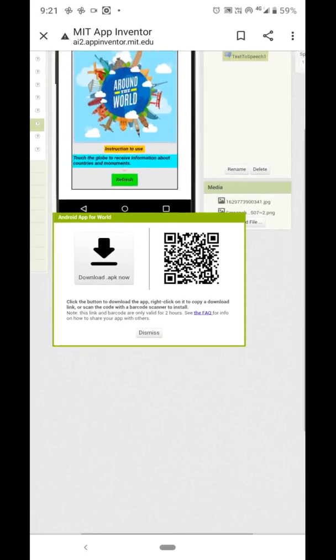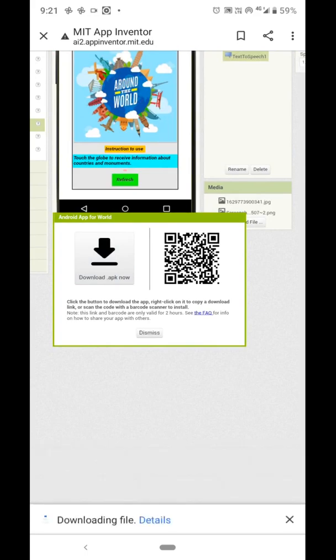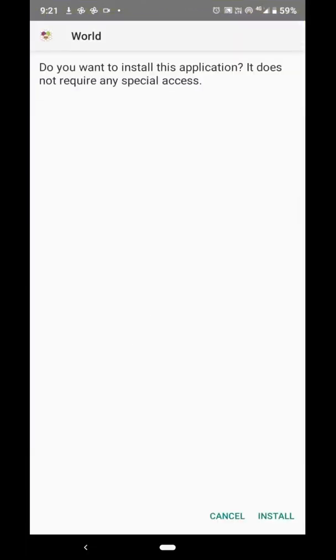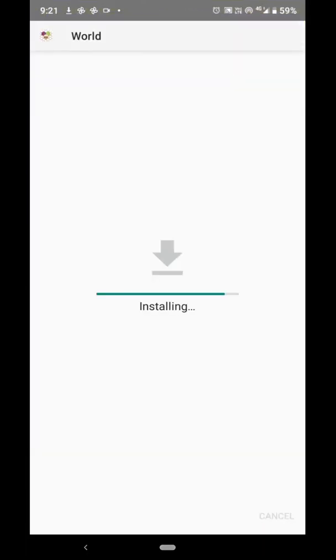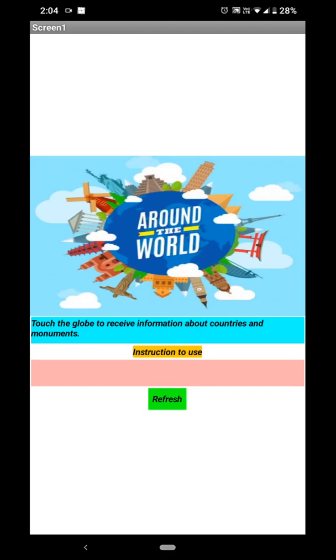Okay, we'll download this. Click on OK. Click on open. Install. Click on open. We'll see how the app looks. Just click on the app.